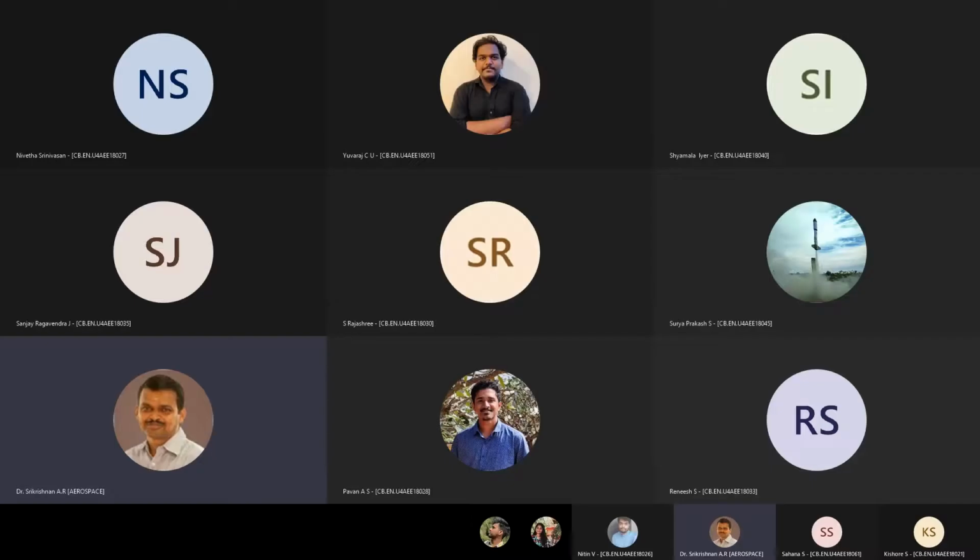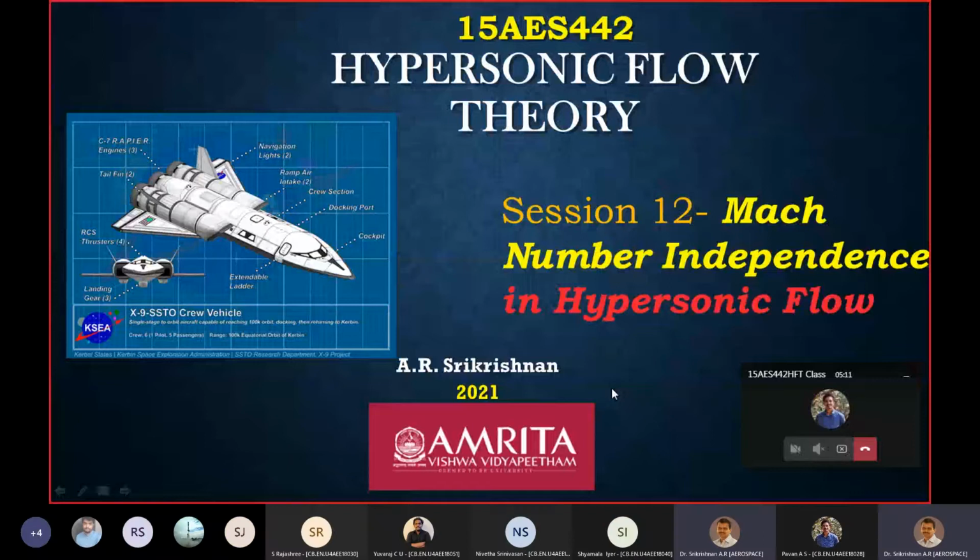We'll see the difficulties quantitatively later. I think I just mentioned it in the previous session also. But we are now going to look at the proven theory of Mach number independence in hypersonic flow. Mach number independence in this context means